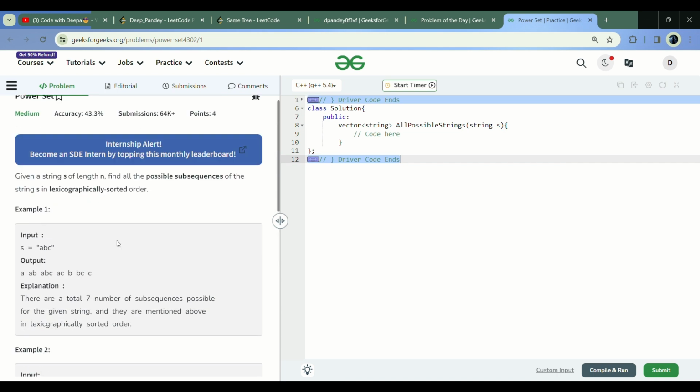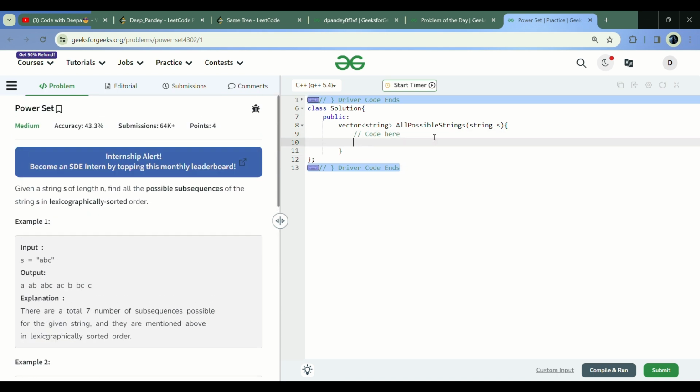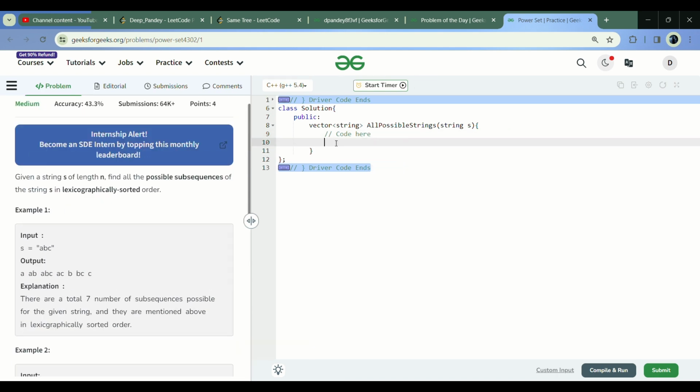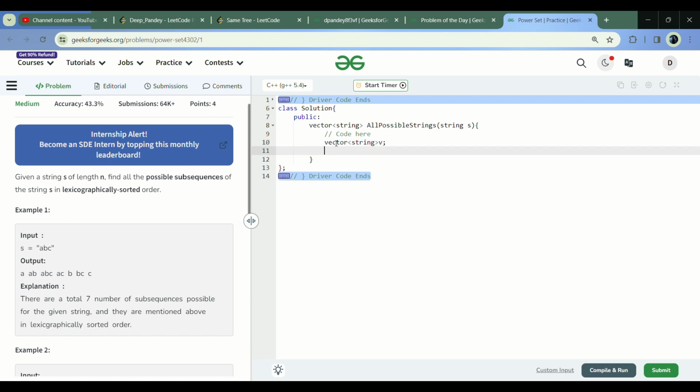So now let's just code this problem. To solve this problem we will use recursion. First I'm creating a vector of strings here that I will return as the result. Now I will create a function